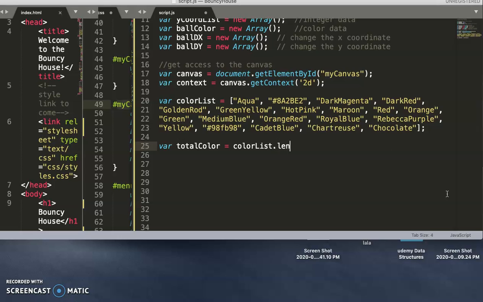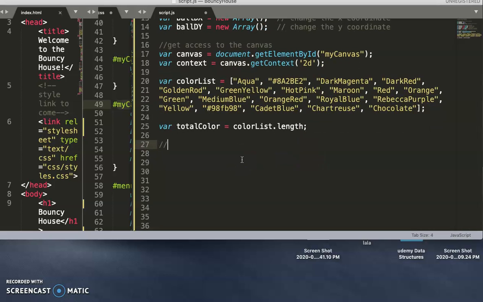Okay, and that's going to be a variable that tells the number of colors. Okay, and then basically we'll do some stuff to get the... We're going to have to come back here to set up some stuff about animation. Okay, so we'll come back here, but in the meantime, what we can do is we can get the buttons